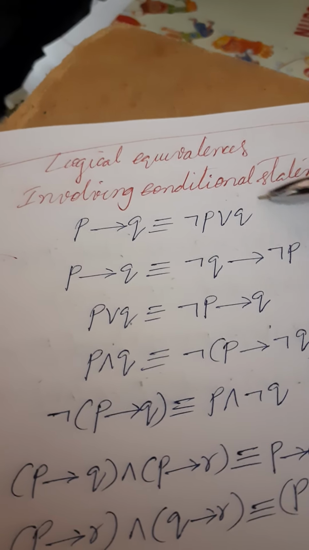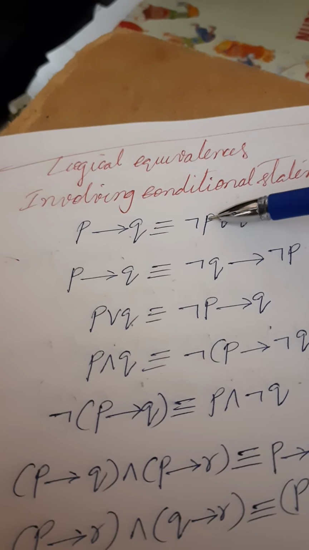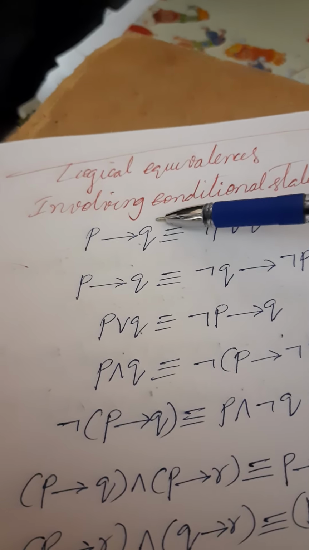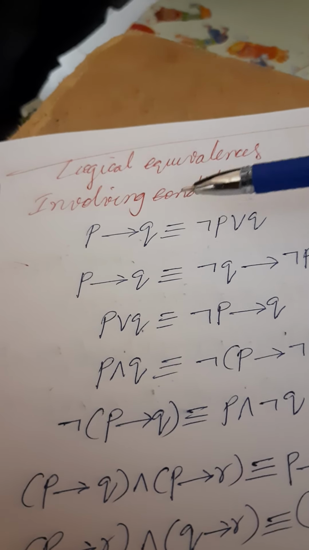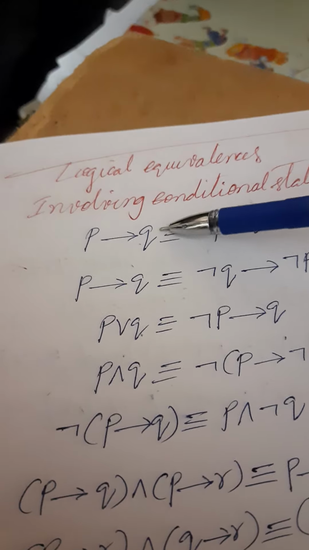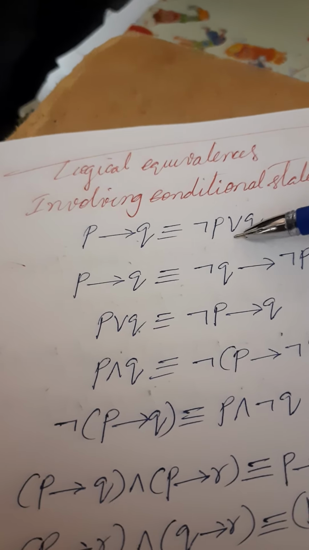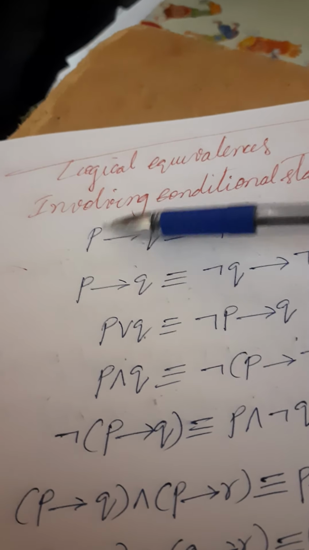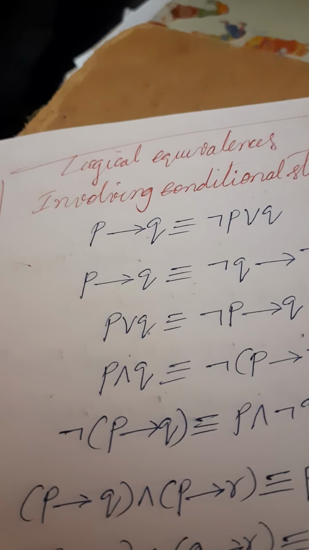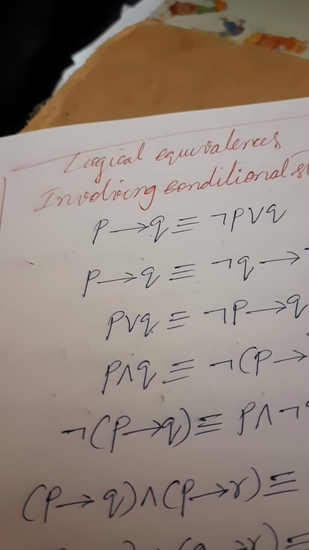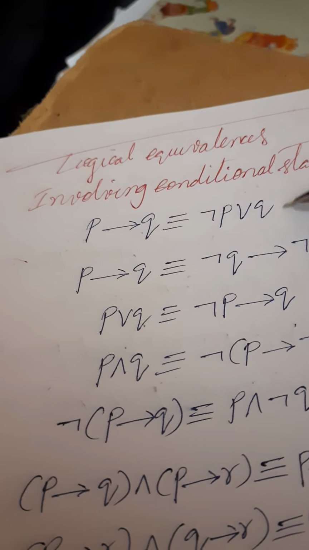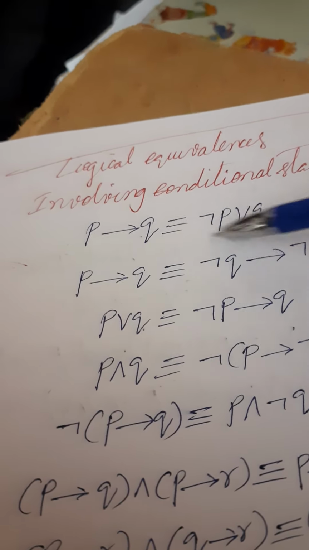If you want, you can draw a truth table and verify. The P implies Q table, you know, right? P implies Q becomes false only when P is true and Q is false. In all other cases, the implication table is true. That is true, true, true; true, false, false; false, true, true; false, false, true. If you try this table, you will get the same result as P implies Q.